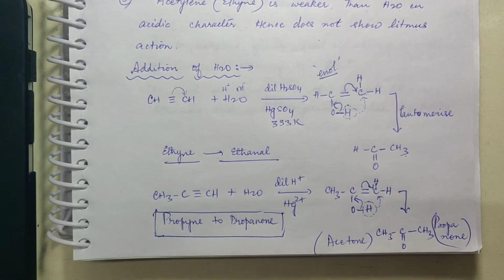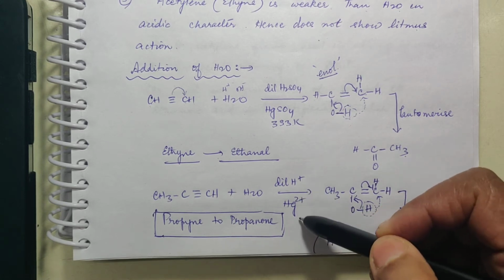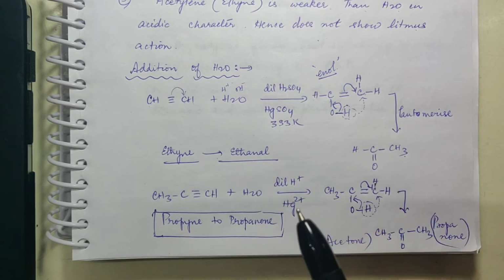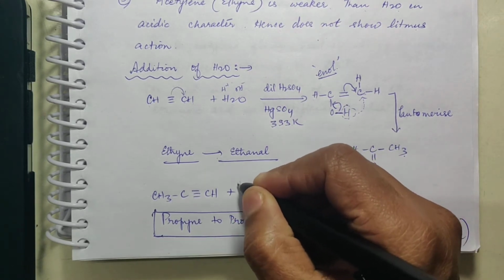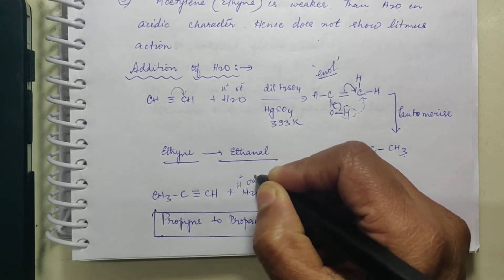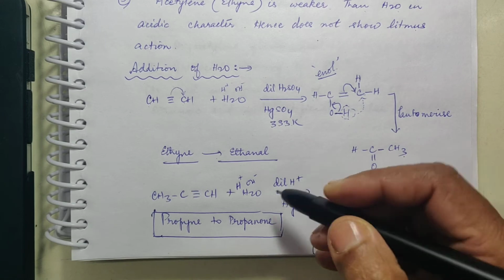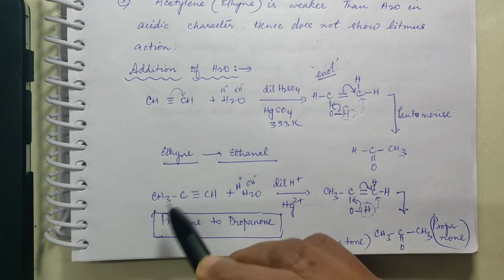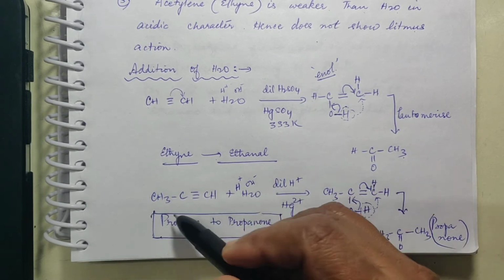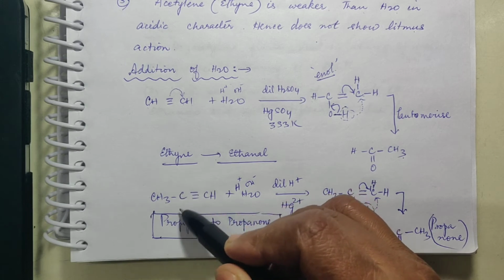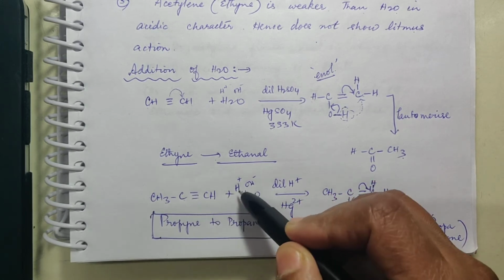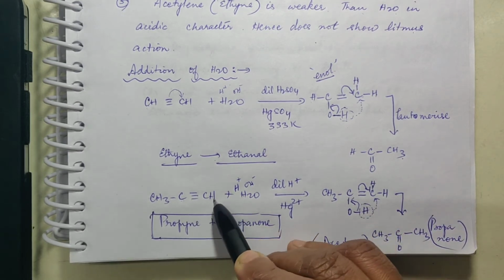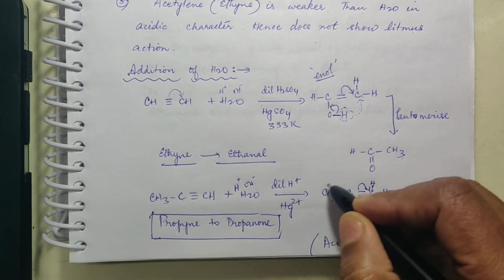Now to this you are adding water, again in the presence of dilute H2SO4 and HgSO4. Whenever you add water, you have to follow Markovnikov's addition. So here H plus and OH minus, and according to Markovnikov's addition, OH minus will go to that carbon having less hydrogen or no hydrogen. Out of these two carbons, this is the one having less hydrogen, so OH minus will go there and H plus will go here. That's what I have shown here. OH has come to this carbon and hydrogen has gone to this carbon. So you will get this structure.